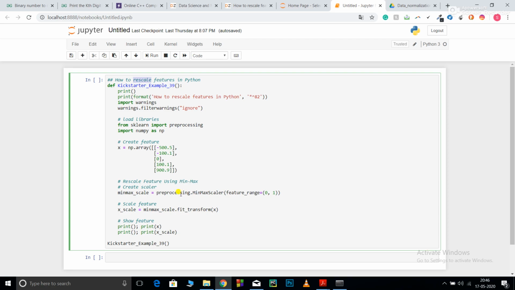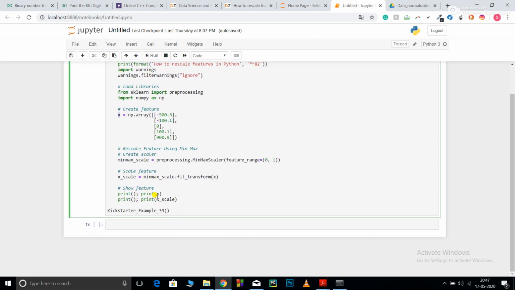After that, I have initiated the function preprocessing MinMaxScaler. Here I am using MinMaxScaler for scaling my data, and I've saved that under the name min_max_scaler. You can see I've given a feature range between 0 to 1. I could have also given a feature range between 1 to 2. Here you have to give the range that you want your data to be in. After that, I'm applying my fit_transform function, which is going to transform this NumPy array x into the scaled form that I want, so min_max_scaler.fit_transform(x) stored in x_scale. After that, I'm printing two print statements, x and x_scale.